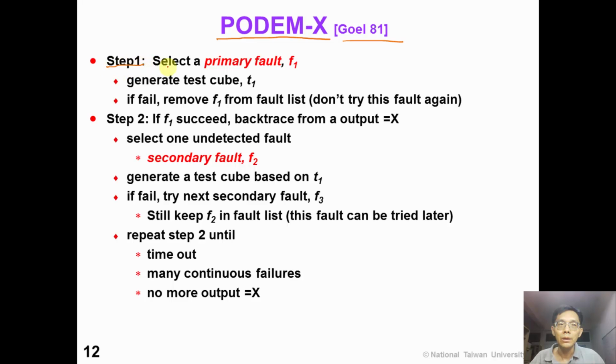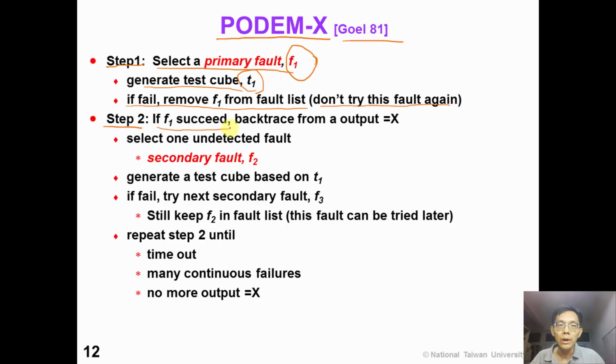In step 1, we select a primary fault, F1, and we generate a test cube, T1. If we fail, we remove fault F1 from the fault list. We don't need to try this fault again later. In step 2,